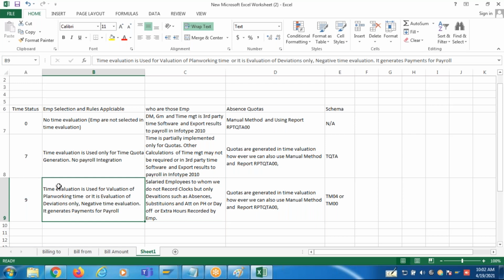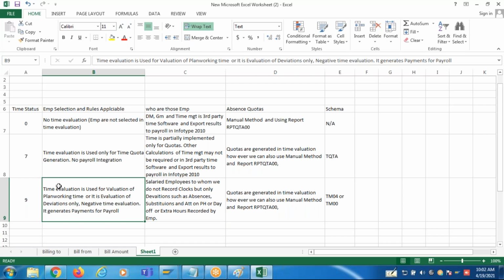Most of the companies, even if you go for a half day, with a 12 o'clock login, won't consider it. But it is recorded in the time terminal. They may not use it in payroll systems. What they need is only deviations. If you are going on unpaid leave, that is a deviation. So record that. If you don't record that, payroll will not reduce your salary. Only record deviations, not attendance on each and every day.